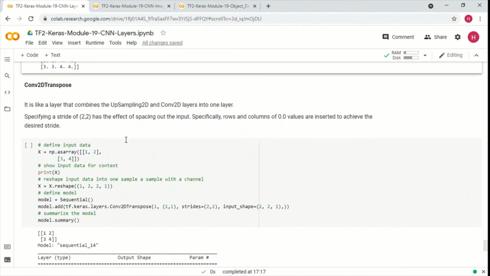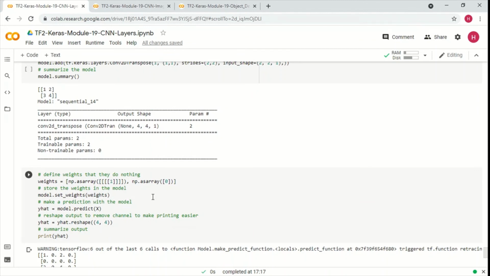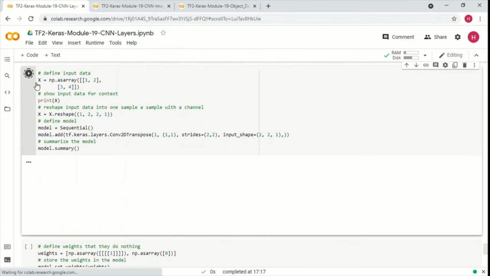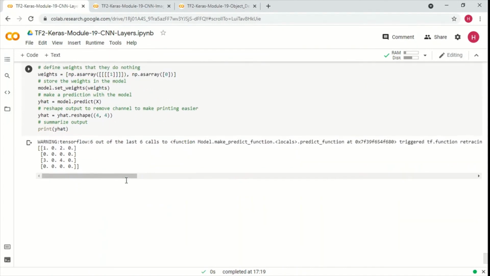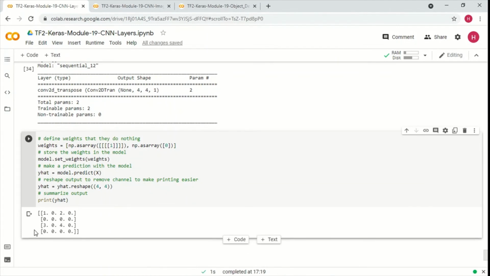Okay. Now, if you want to apply the convolution while we are doing the upsampling, then we can use this convolutional 2D transpose, and that's what we have here. So we have the same input as here, but then we are also applying the weights. Actually, the weights are going to be initialized in this particular case, so you'll see that there are trainable parameters, and then we are trying to generate an image by giving an input, and this is what we get.